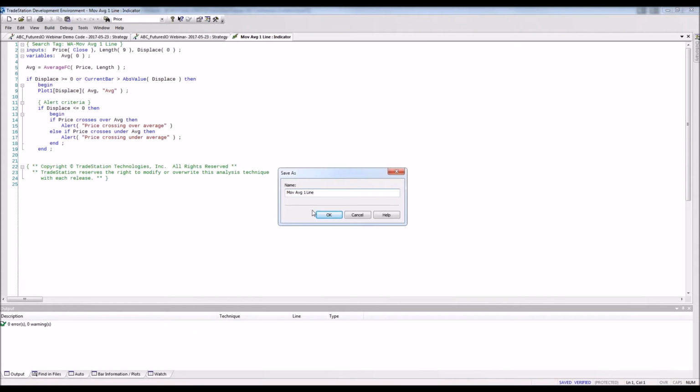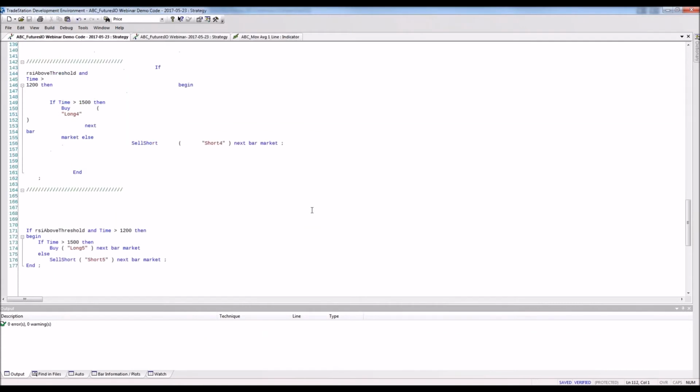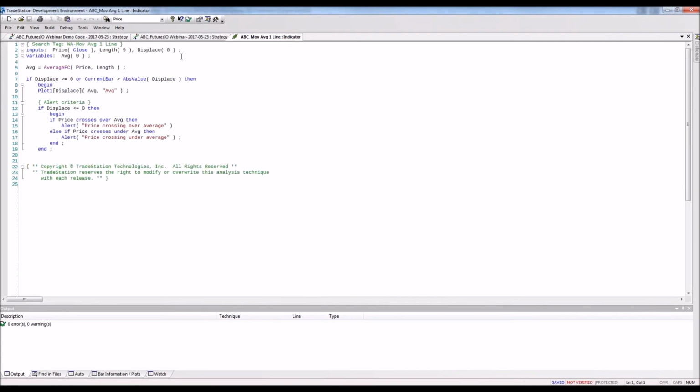So we would save the study, and by that we would create a separate version of it, so you don't overwrite anything that is built in. And at the same time, whenever you update TradeStation, you wouldn't lose this modification, because TradeStation might override the built-in standard functions or standard indicators, but it won't override the modifications that you made under a different name. And that's why I'd save it. I used my handle that I use for code that I write,